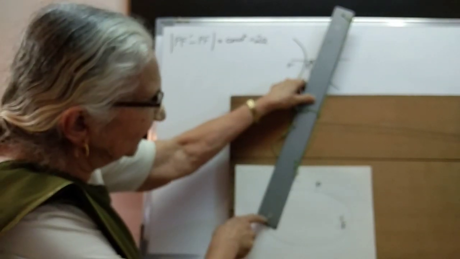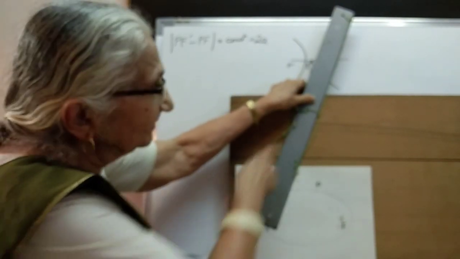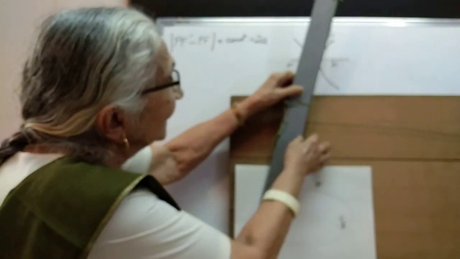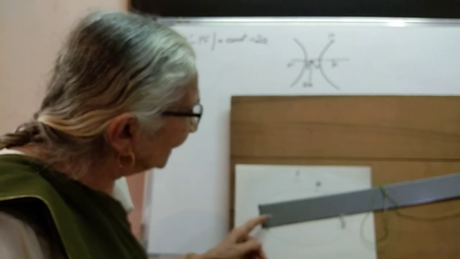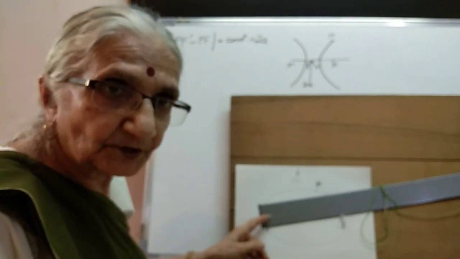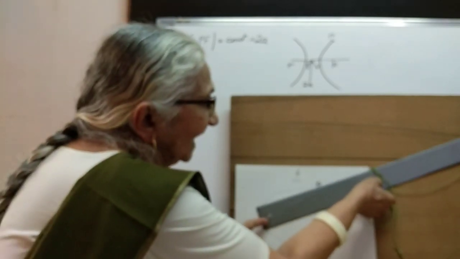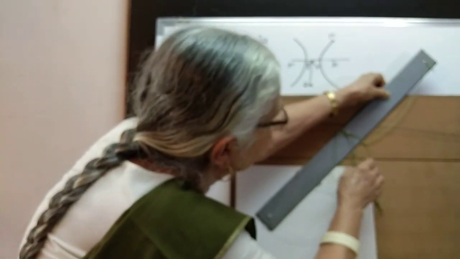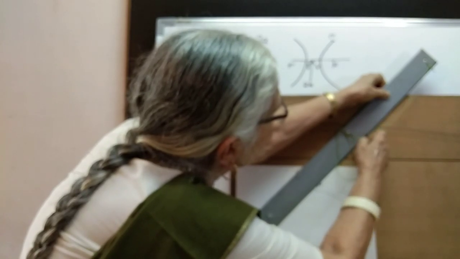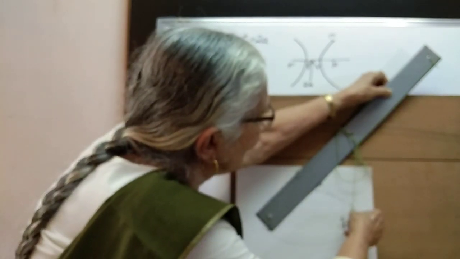Now this is going to be F dash, one end of the strip. The end of the loop will be fixed here. We have fixed one end at the focus, end of the strip, and the thread has been tied with the strip, and the other end of the string is here,